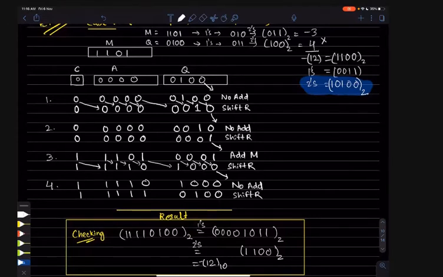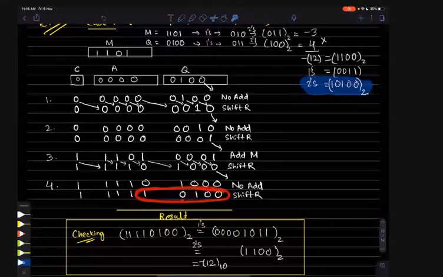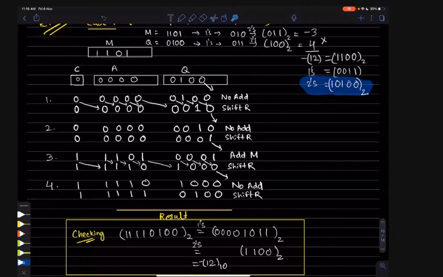So now whatever is the register content is your result. So this is your result, and if you do the math, this is your result 1 1 1 1 0 1 0 0. Any doubt up to this? Anyone is having any doubt? These are all sign extended, so the sign will be ignored. Any doubt?